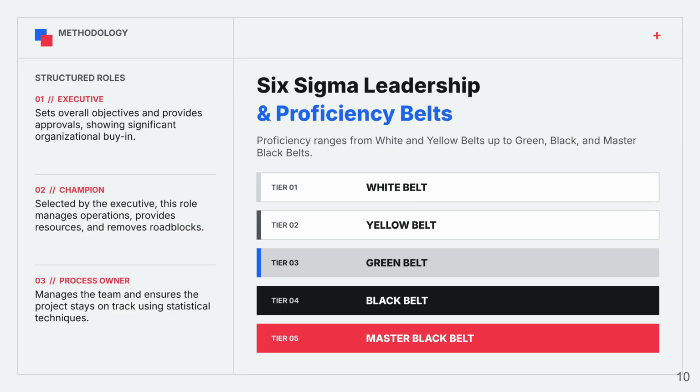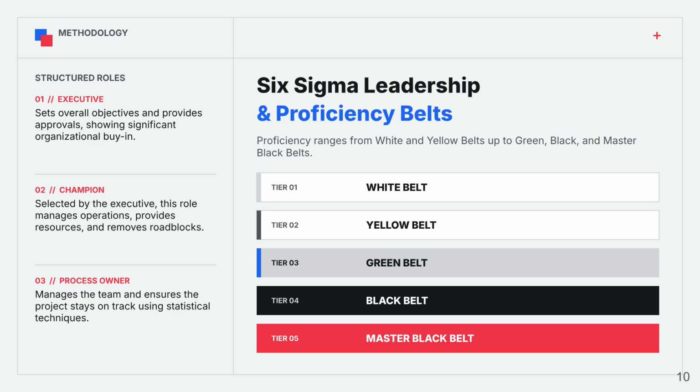Successful Six Sigma implementation depends not only on following the methodology, but also on assigning clear roles and responsibilities. Each role contributes to guiding the improvement project and ensuring that it achieves its objectives. At the highest level is the executive. This person defines the overall business goals, approves major initiatives, and demonstrates leadership commitment. Executive support is essential because process improvement often requires organizational resources and strategic decisions. The champion is responsible for translating these strategic goals into action. Selected by the executive, the champion provides resources, removes obstacles, coordinates across departments, and ensures that improvement projects stay aligned